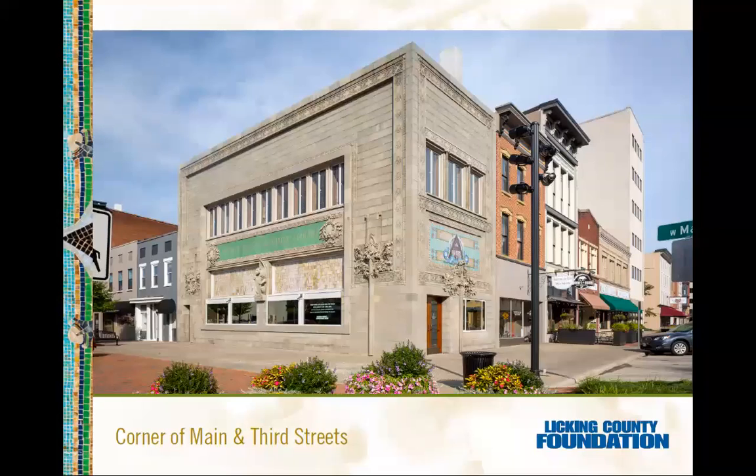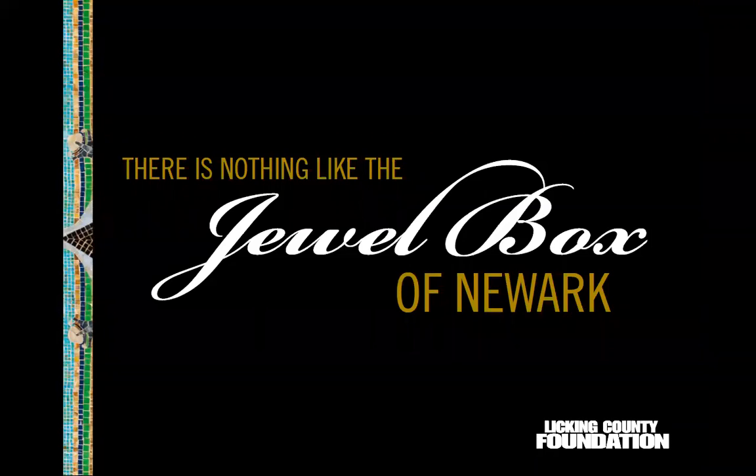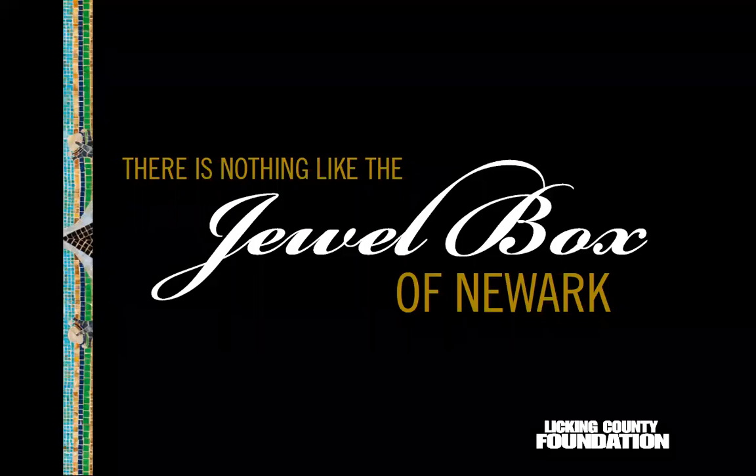The good news is that there is a dedicated and enthusiastic team of board members, staff, volunteers, and fundraising professionals leading this effort. The Sullivan Building is truly something special. It is an irreplaceable masterpiece designed by one of America's most renowned architects. It is not just a national treasure, it is our treasure, and it is ours to protect, preserve, and celebrate